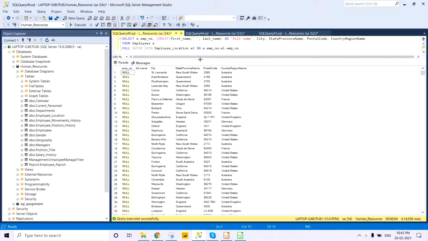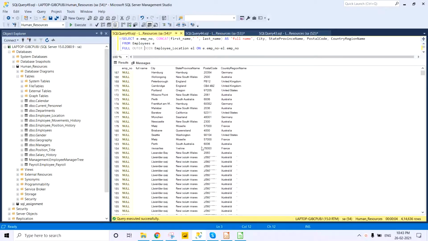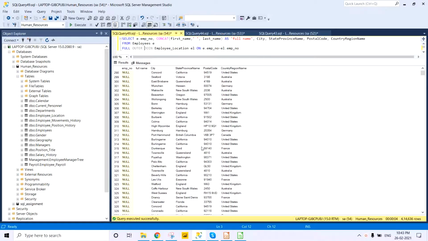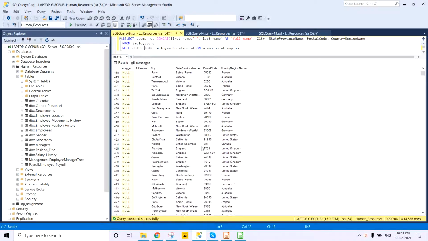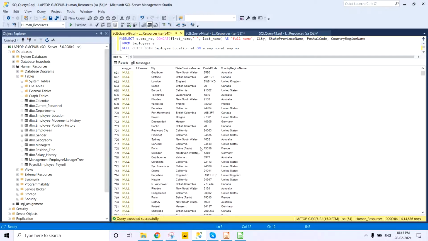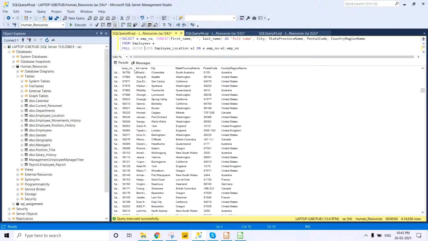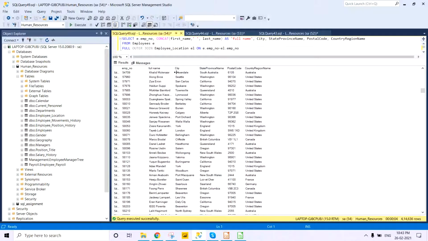We can see data from both employee location and employee table, and if the data matches, as in if the employee number in the employee location and employees table tallies, then it will be shown in one row, like these rows over here.